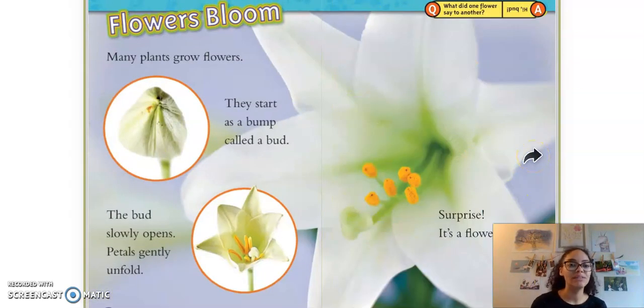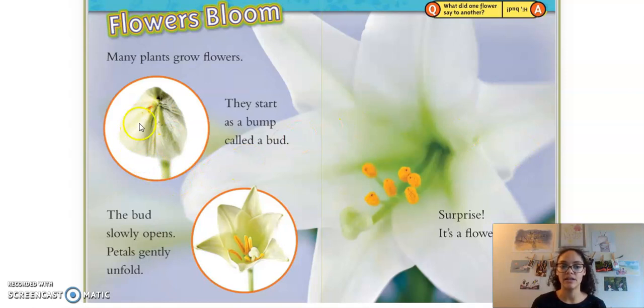Flowers bloom. Many plants grow flowers. They start as a bump called a bud. A bud, that's that small part of the flower. The bud slowly opens and petals gently unfold. Surprise! It's a